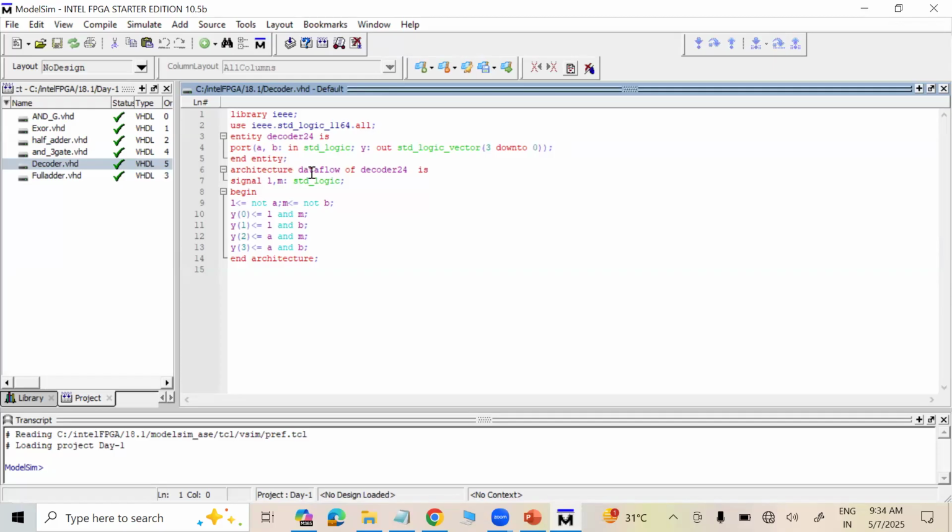This is architecture dataflow of decoder24 is. Then, L and M are used for signaling purposes, so we have taken these as L and M. Basically, L and M are used to have a negation of the inputs, that is A and B. That's why they have been used as intermediates, so they have been included in signals. Then Y0 is